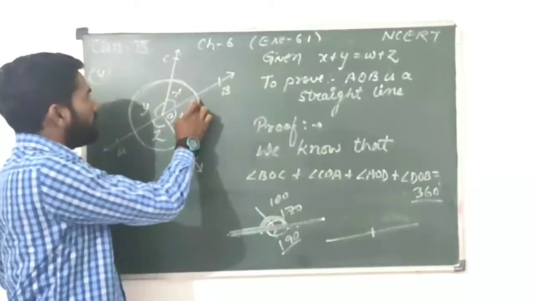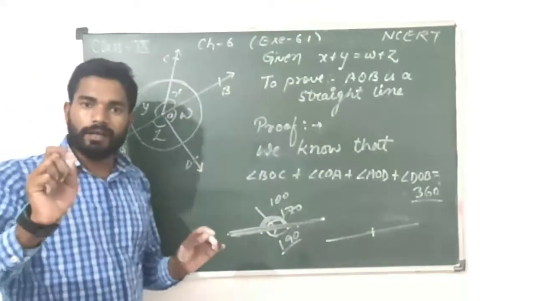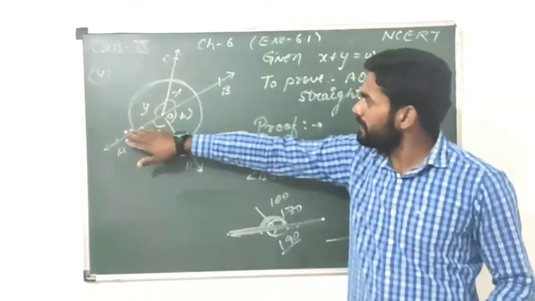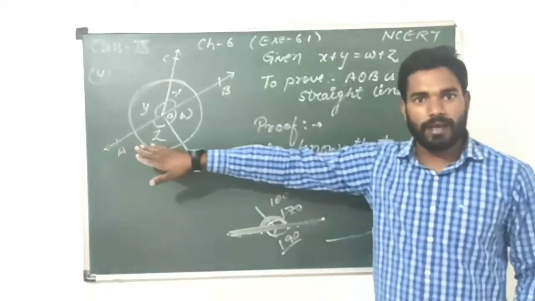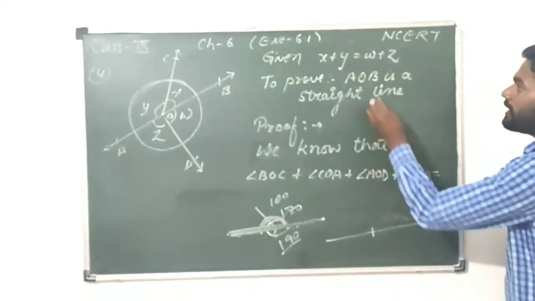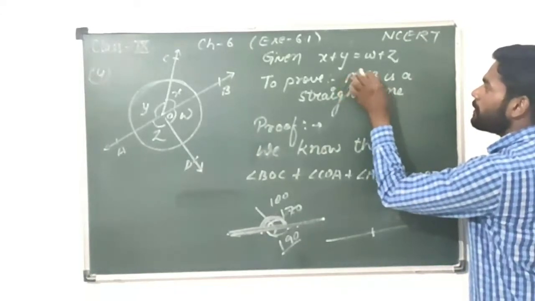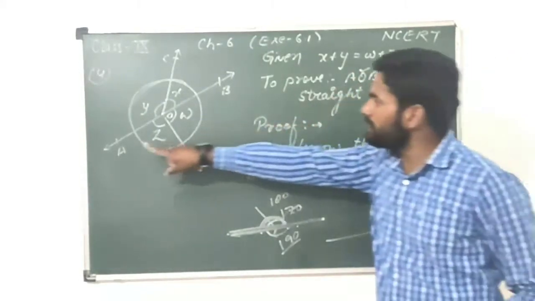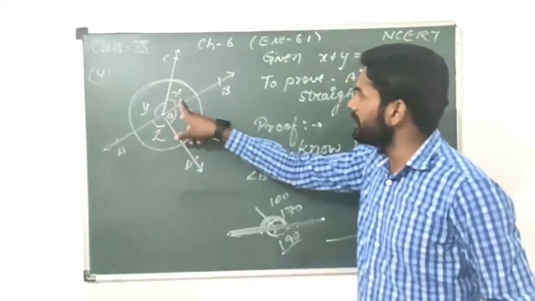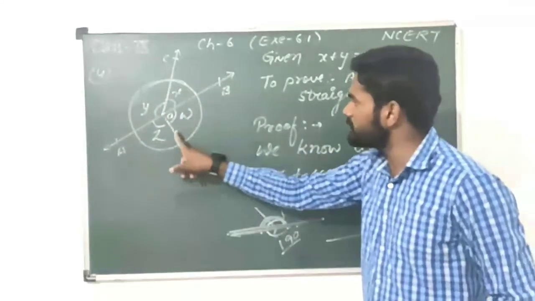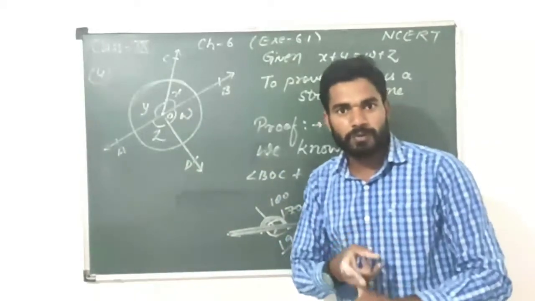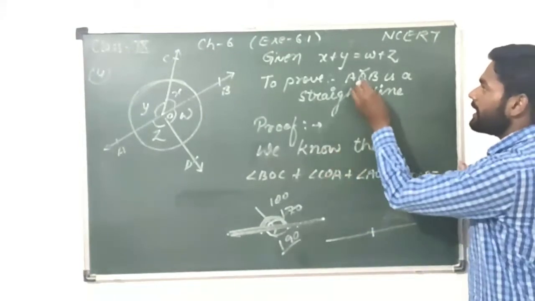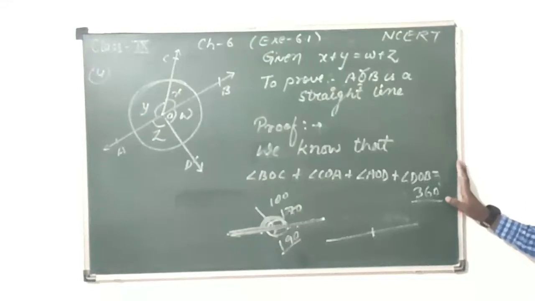If this angle is 180 and this one is also 180, if one is 180 then the other will also be 180. So if this angle is 180, then we can say that AOB is a straight line. So understanding this fundamental is important. AOB, the line breaks at O. So at the point O we have to prove that this one angle is equal to 180 degrees or this one is equal to 180 degrees. From these two angles, if you satisfy any one angle, then we can say that it will be a straight line at the point O. Did you understand the point here?